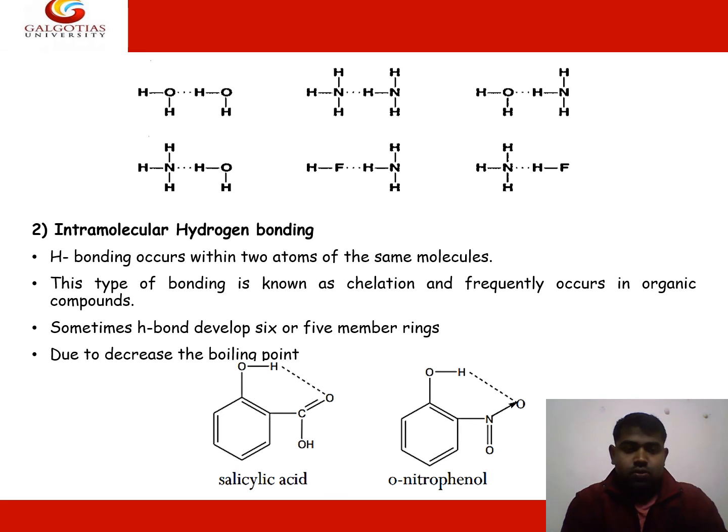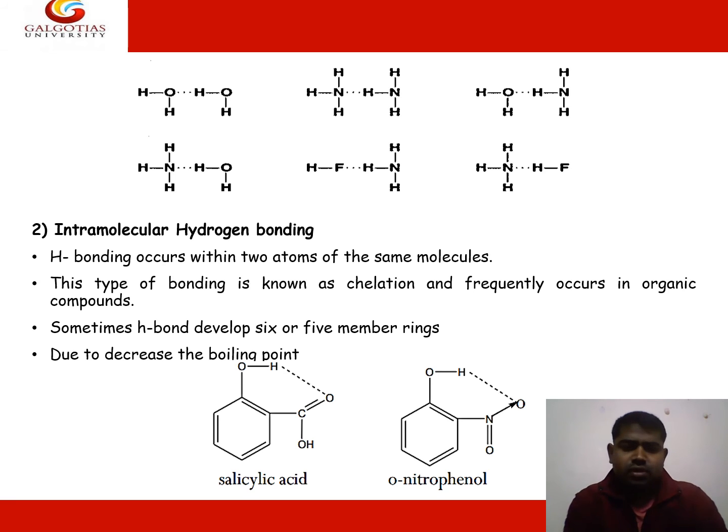These are various examples of hydrogen bonding. A water molecule has a hydrogen bond between an oxygen atom and a hydrogen atom, indicated by a dotted line. Similarly, ammonia also has a hydrogen bond between a nitrogen atom and a hydrogen atom, indicated by a dotted line. Similarly, in a heteromolecular case, a water molecule and an ammonia molecule have a hydrogen bond between oxygen and hydrogen atoms, indicated by a dotted line. Wherever you see hydrogen bonds, you will find they are indicated by dotted lines.